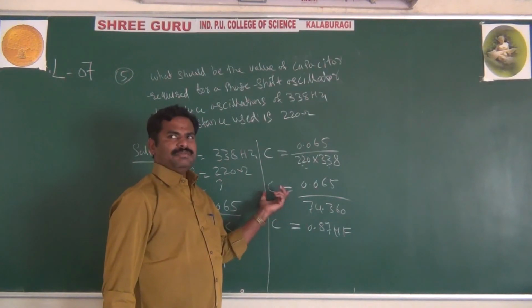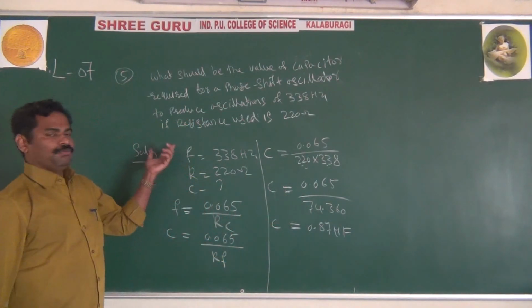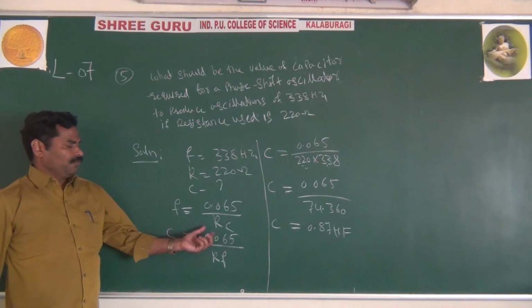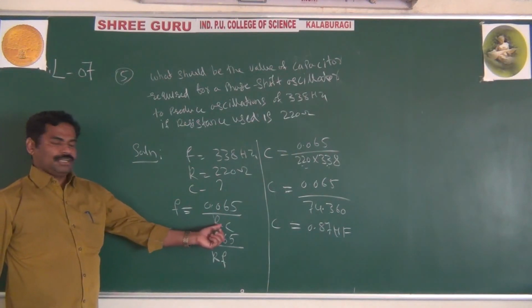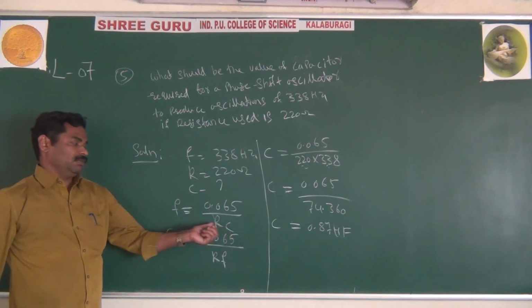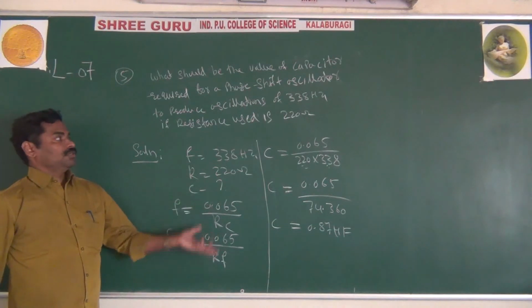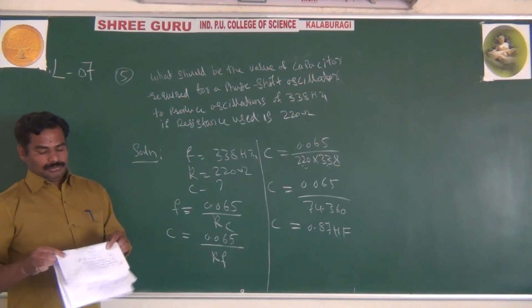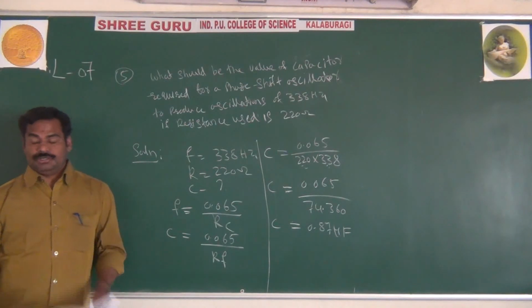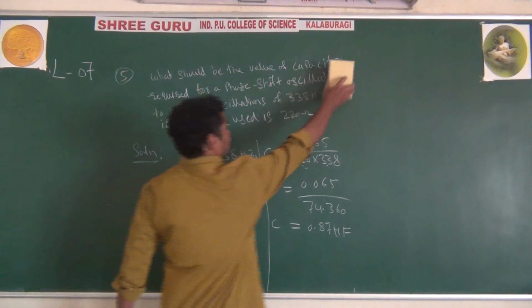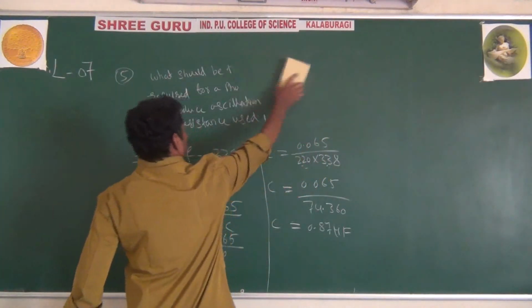And this is a very simple problem as compared to your Colpitts or Hartley circuit, because they are very simple. Here sometimes they give R and C values so you can easily find the frequency, or sometimes they may ask for the C value or the R value. Also a very simple problem about the phase shift oscillator.